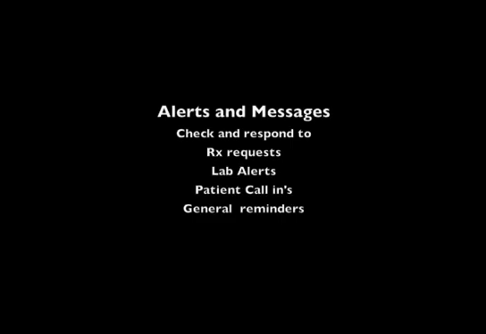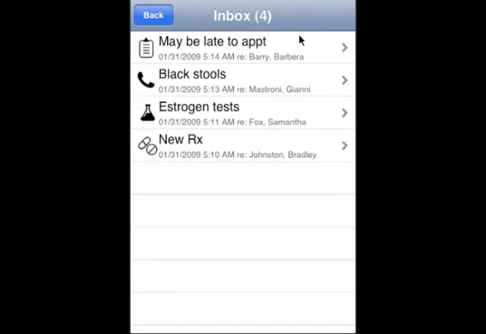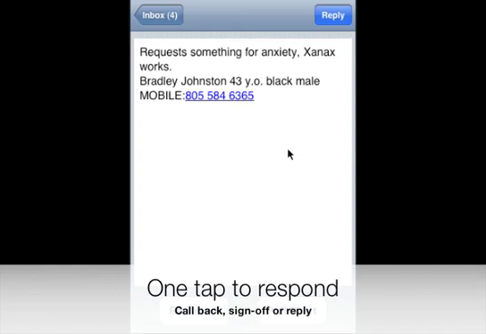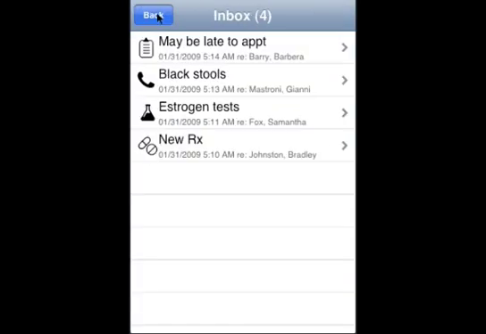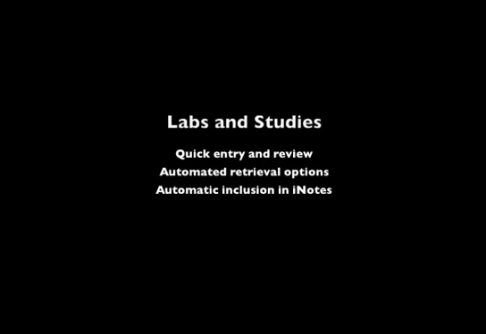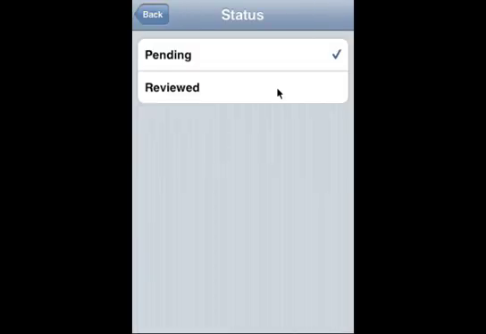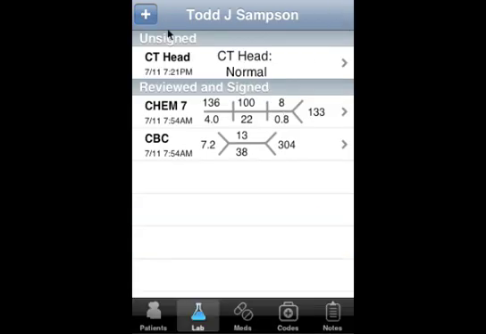Alerts and messages can be communicated from your front office via a web browser-based product that we offer that comes free with the iChart application. These messages can be synced to your iPhone iChart application and then viewed when necessary to manage your daily to-do list. Labs and studies are collected using a standard input form, and you can then modify them or track them